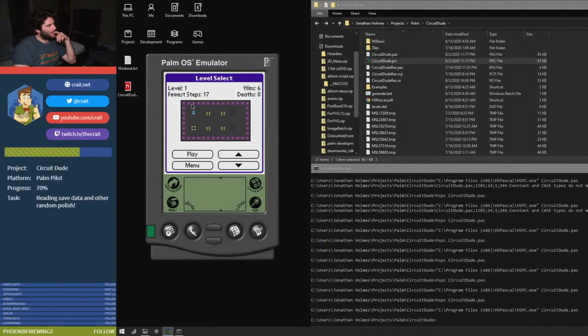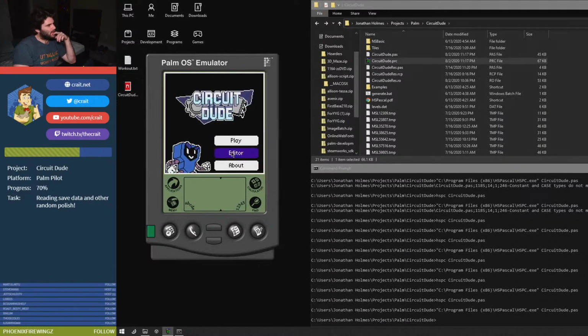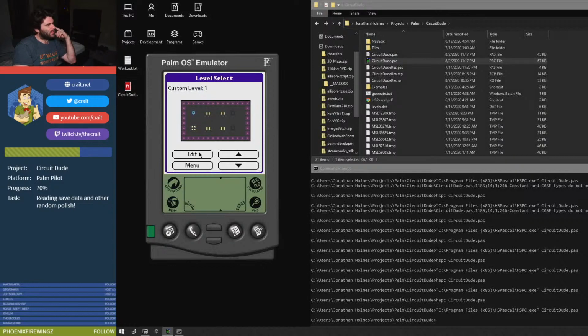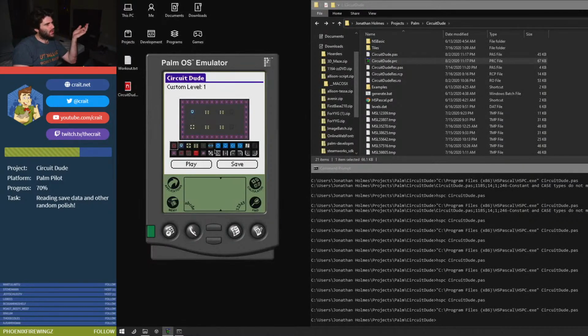So next stream I will just reuse very similar code to save the custom level data, so it should just be copy paste, because again, this is just a new record with another array, and then after that